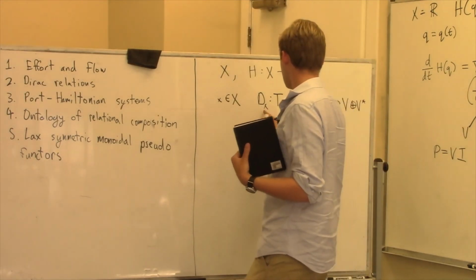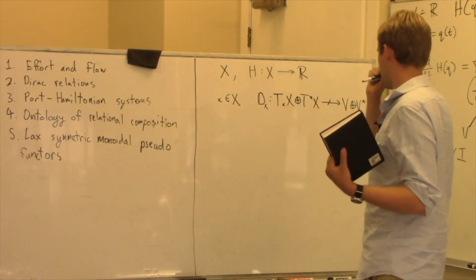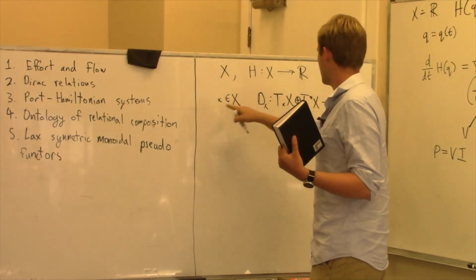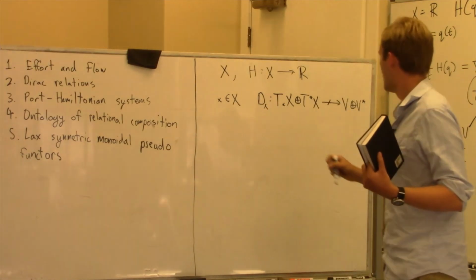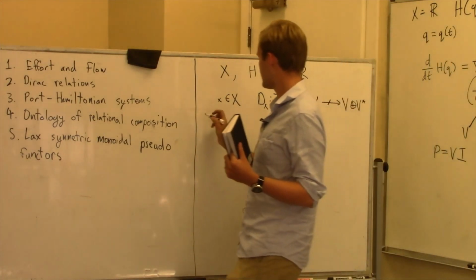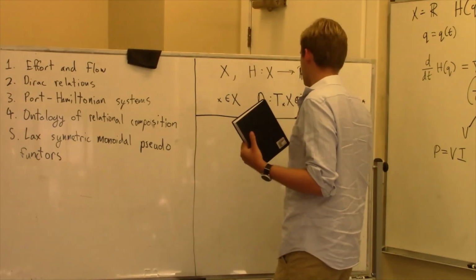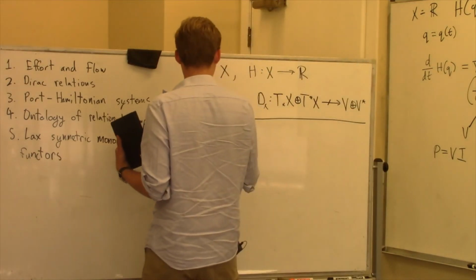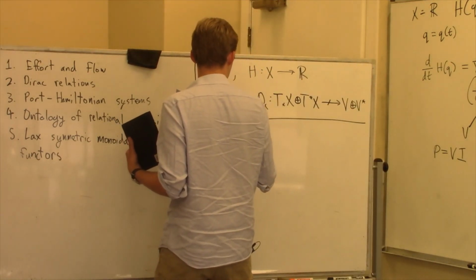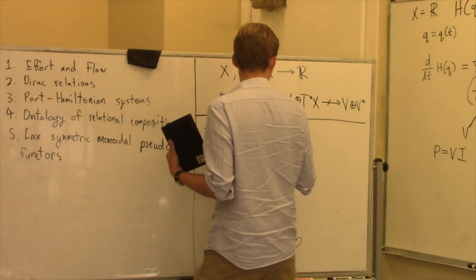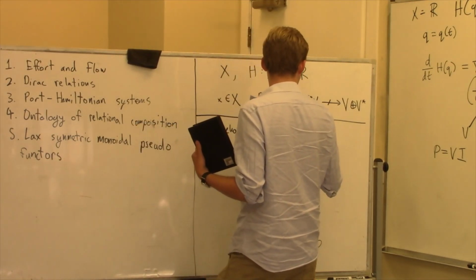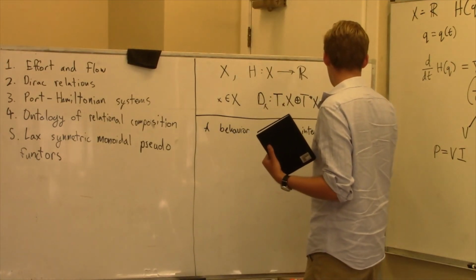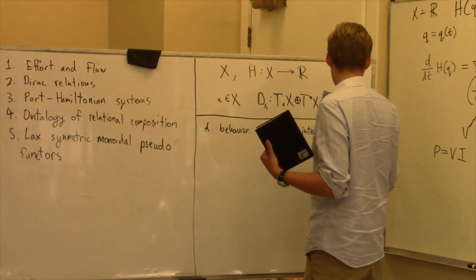Okay, so what does this mean? Well, what does this mean? In order to say what this means, we're going to talk about what the behaviors of this system are. A behavior on a time interval I equals A, B